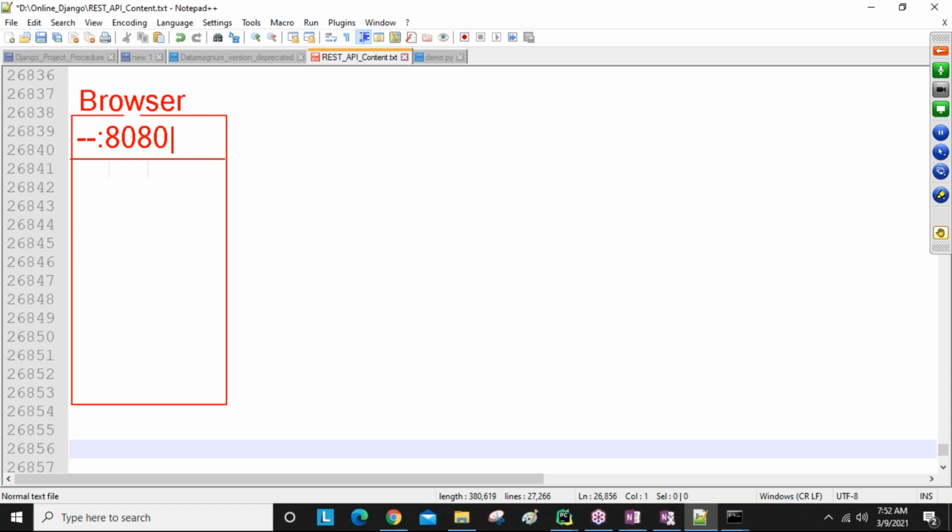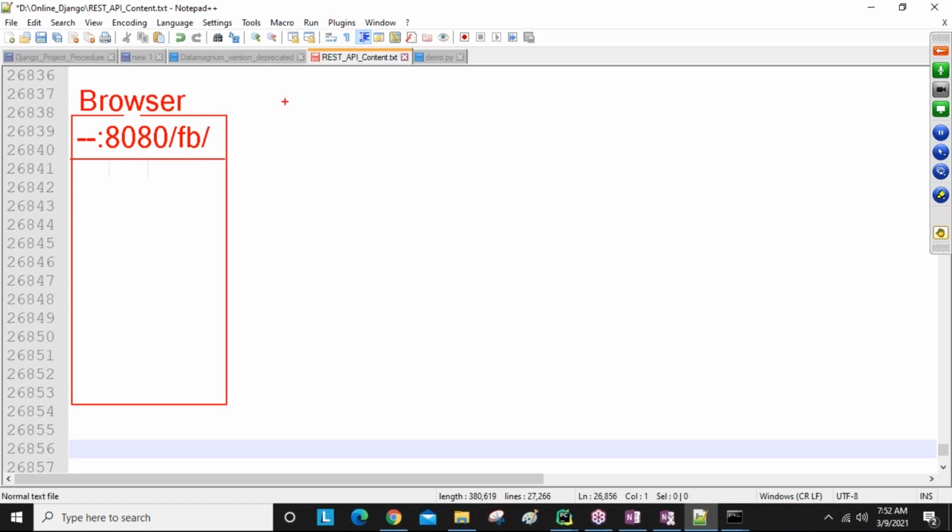Here you are writing some URL, guys. After the port number, I have one URL. For example, FB URL, means Facebook. Different URLs, guys: get URL, update URL, delete URL, Gmail URL, whatever you want. Before the port number, here http://127.0.0.1 address is there. Simply a URL. So from the browser, we are going to send one request, guys.